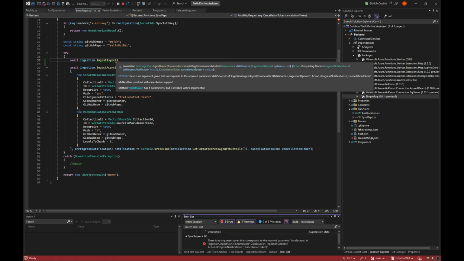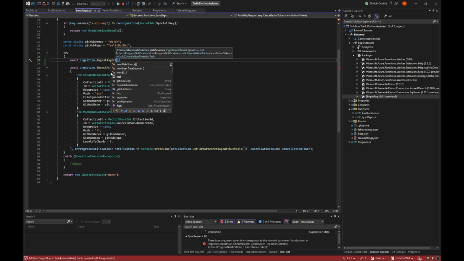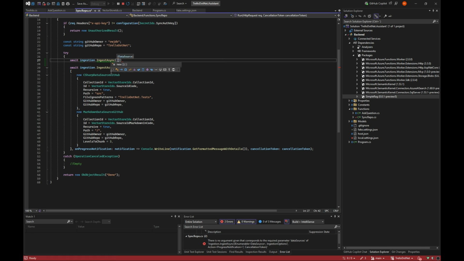And the various data sources can be, in so far, it can be, let me show them here. It can either be a C# source from GitHub, local, Markdown from GitHub, and local. So right now, SimpleRAG is only meant for C# code and Markdown. Later on, if it becomes a success, I will add PDFs and all kinds of other sources that you will be able to ingest in this.